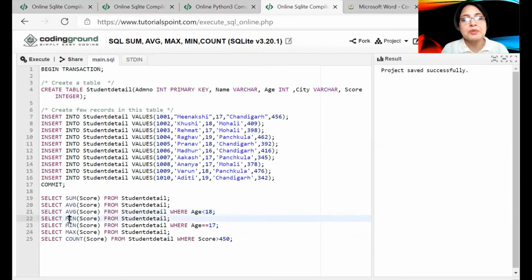We're going to output the minimum score from the table. We'll also output the minimum score where the age is equal to 17. We're going to output the maximum score, and we're also going to output the number of students who have scored greater than 450. So when we execute this, we'll see that the output for the sum of the scores is